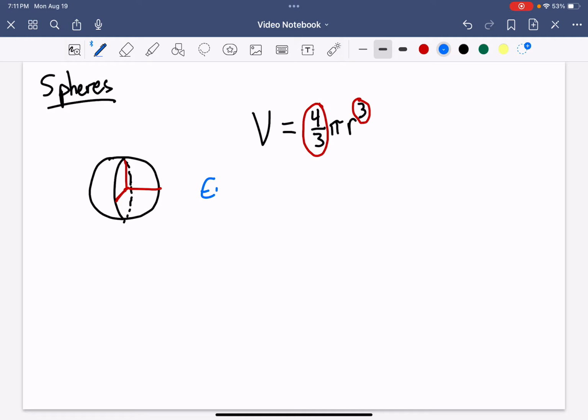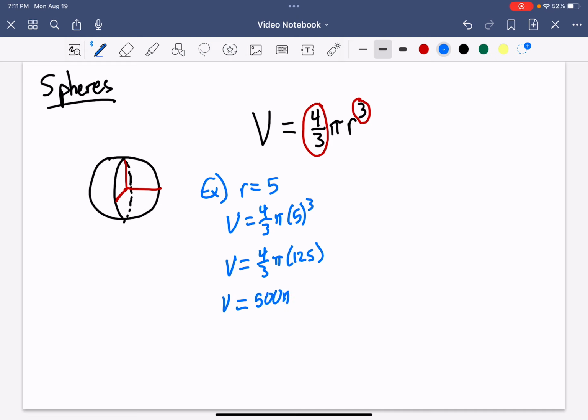So first example, real simple. Let's say that the radius is equal to 5, and we want to find the volume. Well, just plug it into the formula. V is equal to 4/3 pi 5 to the third power. So that gives us V is equal to 4/3 pi times 125. See if we can cancel anything, and if we can't, we can just move on to multiplying 4 times 125. And so V, or the volume, is equal to